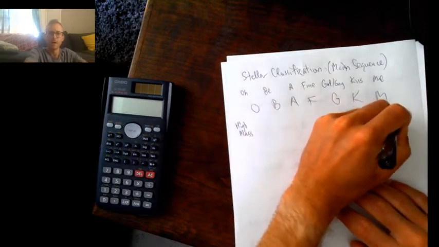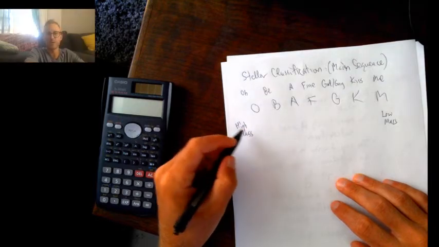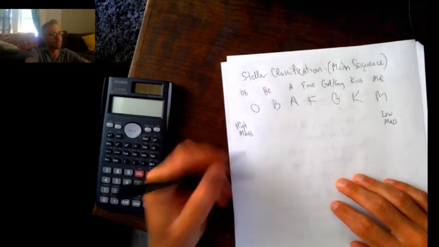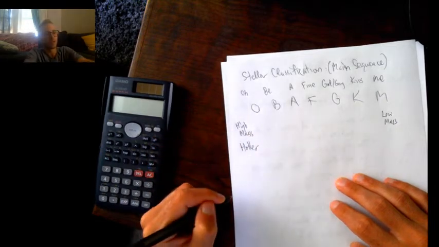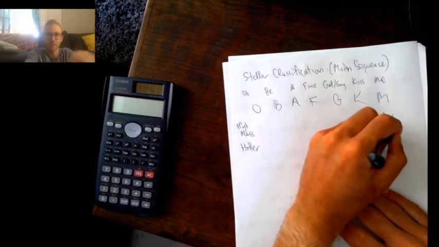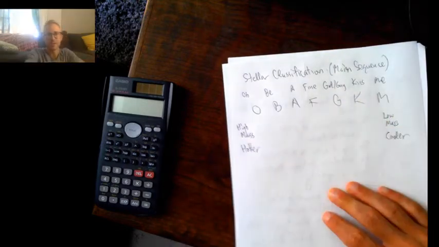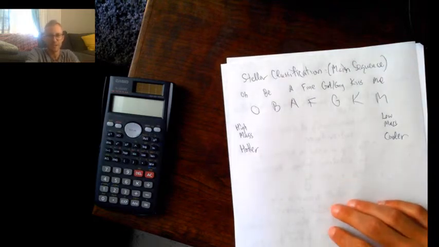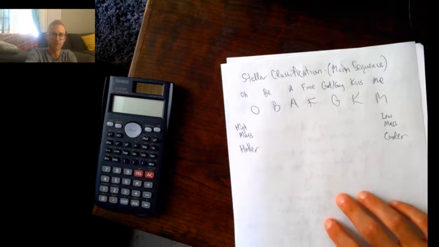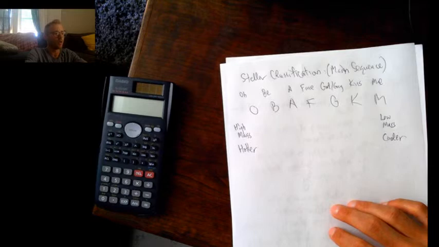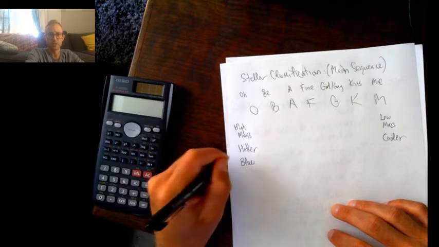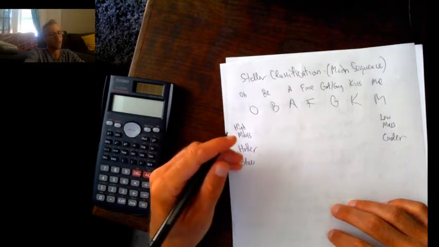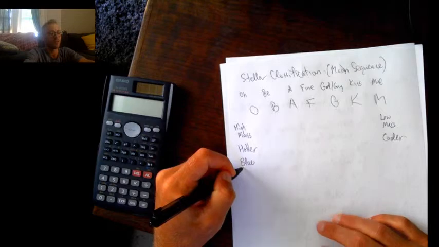Okay? Now, because of their high mass, the O-type stars burn hotter. Okay? The low mass stars are cooler. They're still hot. You know, you're still going to get roasted by an M-type star. It's just not as hot. Now, as we learned, the temperature determines color. So O-type stars tend to be blue, and then M-type stars tend to be red.